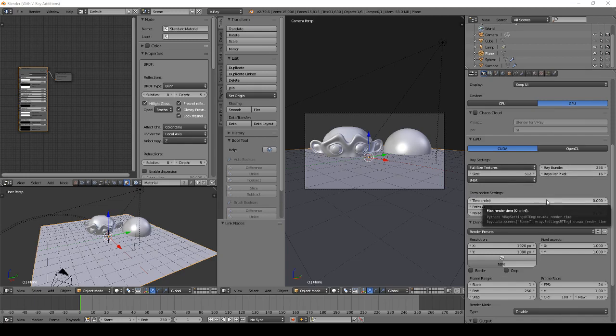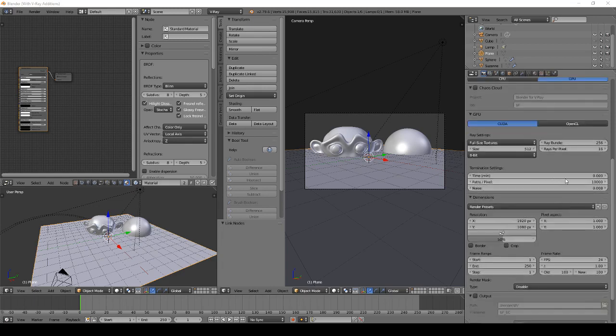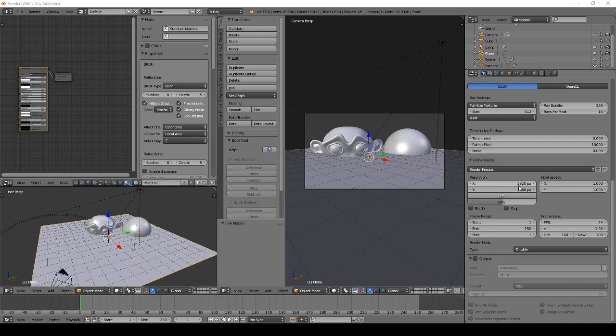Termination settings. Yeah, this is max render time. And you can set a limit when you want to end rendering. This is how refined the image is. If you have noise in the image, you can adjust this. This is the dimensions of the final image. If I do it like this, it's going to be a rectangle. Right. Aspect ratio,